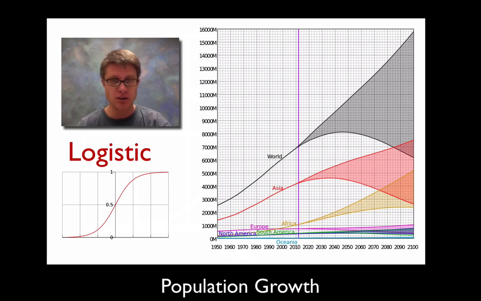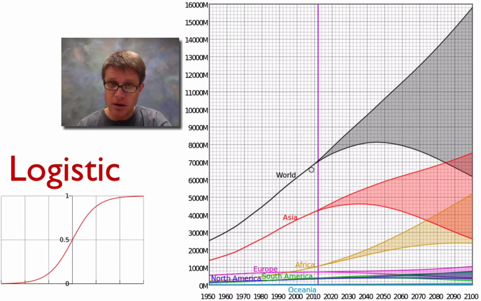And so this is from the UN projection. So this is right here, we're in 2011. Our population is right around 7 billion on the planet. And so this is what the UN predicts, that this would be the high end. So this would be the maximum our population could get to by the year 2100, and this would be the low end. But the neat thing about this chart is they break it down by different continent.